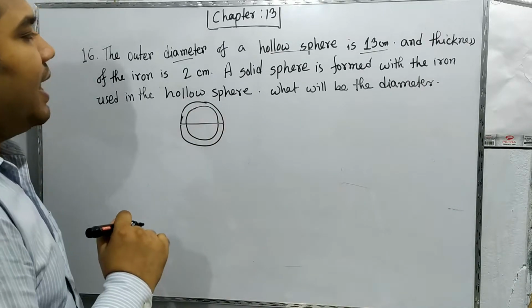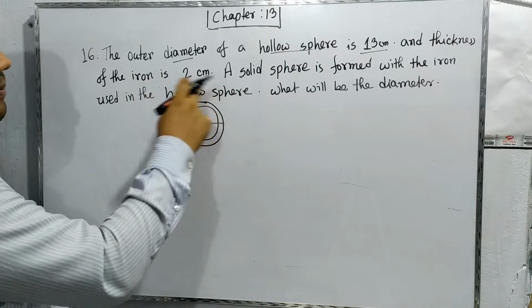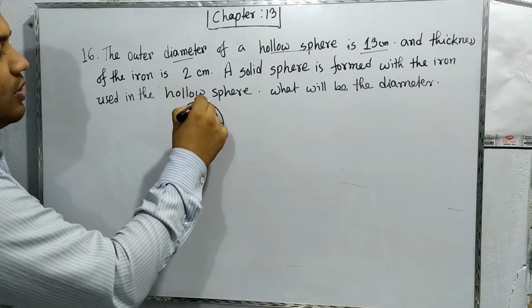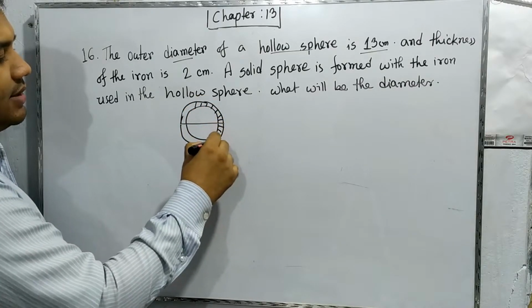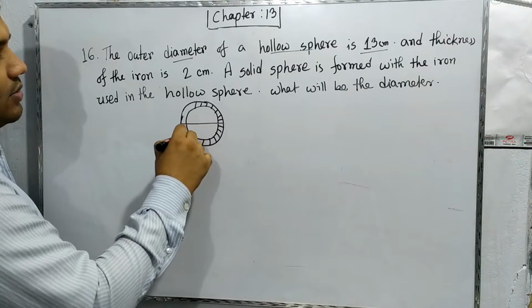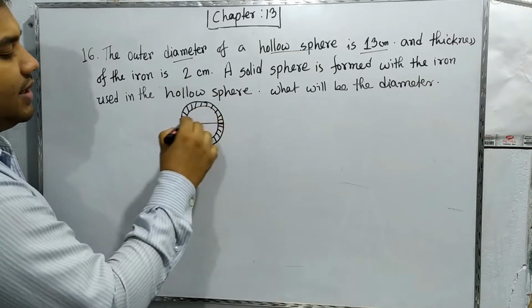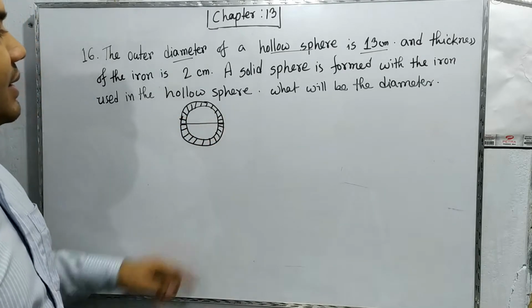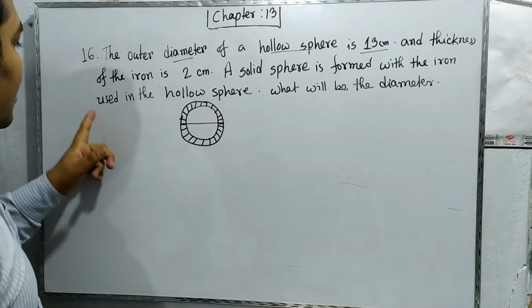And the iron of this hollow sphere is also given. Suppose this is the thickness where the iron exists. So the thickness of the iron is 2 centimeters, and a solid sphere is formed with the iron used in